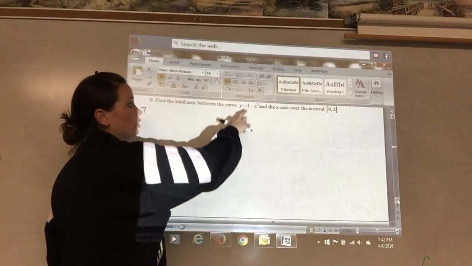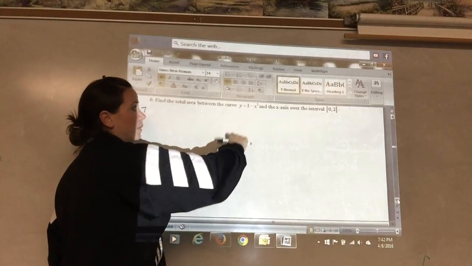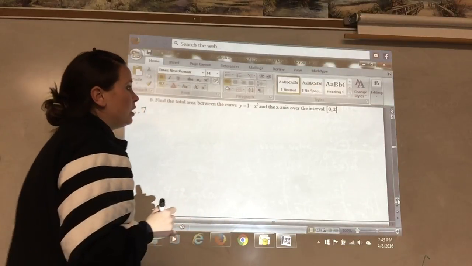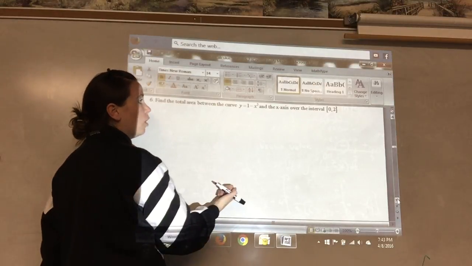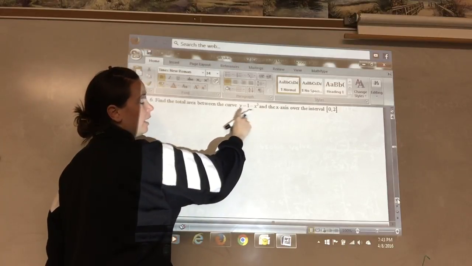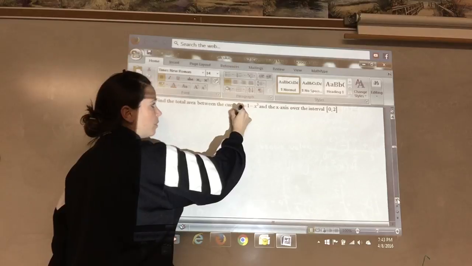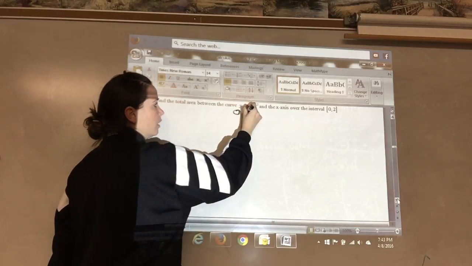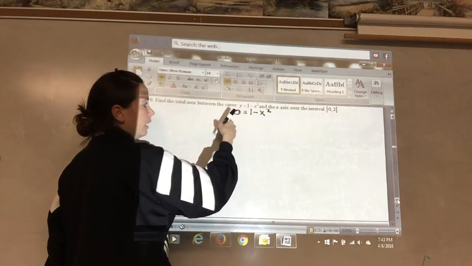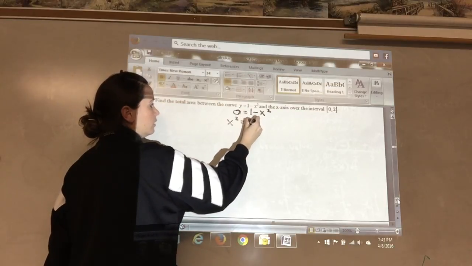I think we all should know that this is a parabola that opens downward, that's been moved up 1. But if I want to know where this is below the x-axis, then I need to know if it crosses the x-axis. So I'm going to set my y equal to 0. I'm going to add x squared, take the square